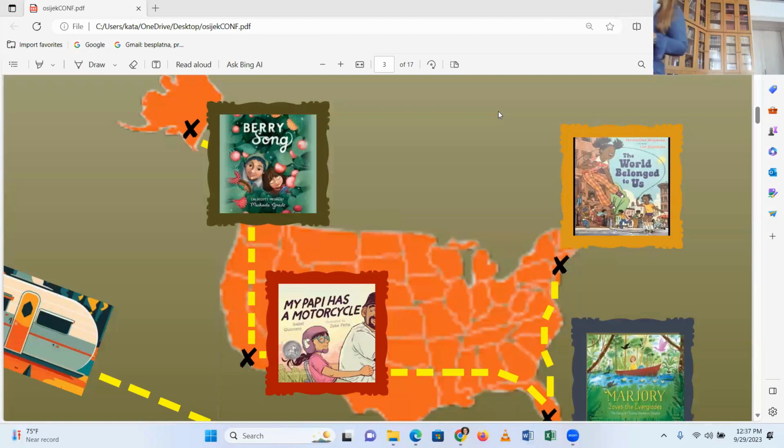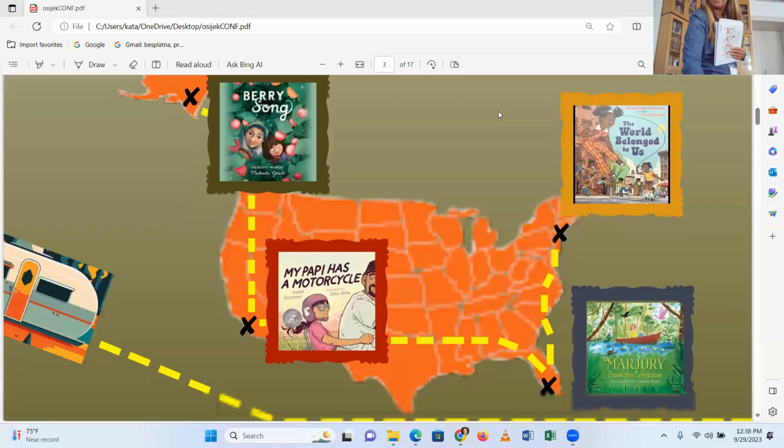She has a lot of little things in My Poppy Has a Motorcycle that could be the current moment, but it could be the 80s, because of the way fashion works in its cyclical style. And so I read it every time like, it's the 80s. No, it's now. No, it's the 80s. No, it's now. But they're not marked in any particular way to locate it in a specific moment in time. But I picked these because it takes us around the US. It's fiction and nonfiction. It's different ways that these authors are really good placemakers. These are all fantastic examples of authors who engage in this placemaking work,